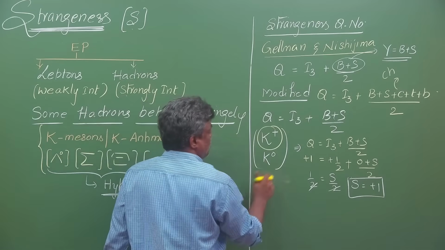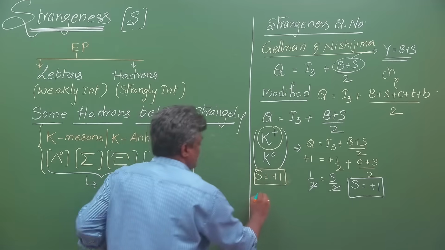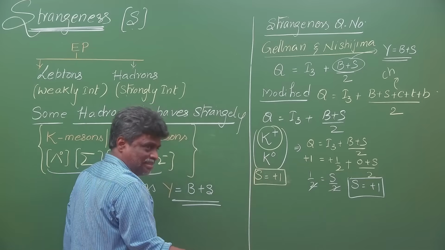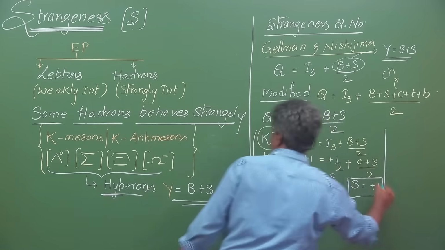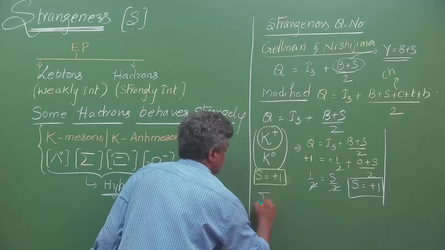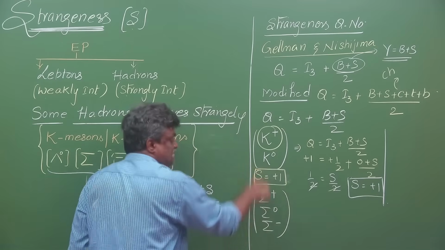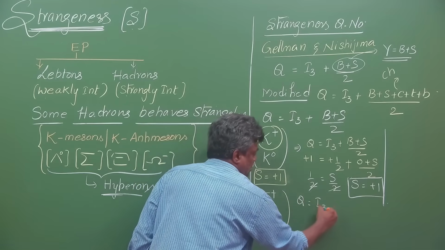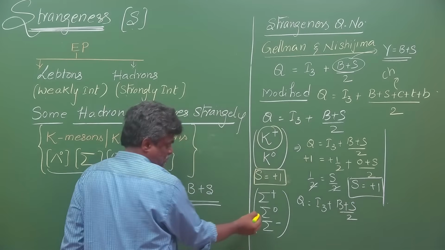the strangeness of K mesons. Shall I take anti-mesons? What is the anti-meson strangeness? You please try. Next, choose any other particle. Sigma? The rest of the things like this, please take them up, because strangeness is the same for all the particles in the group. Write the formula. Q equal to